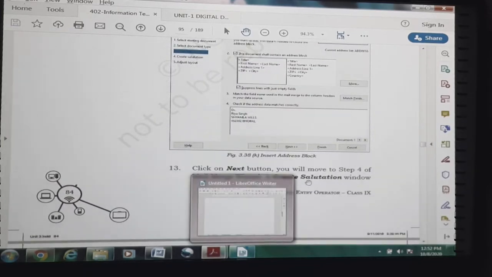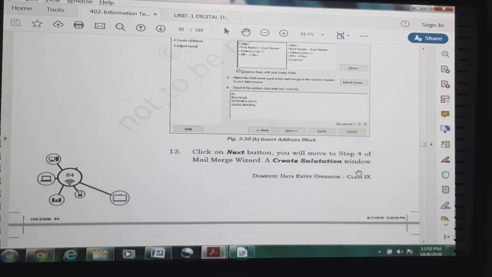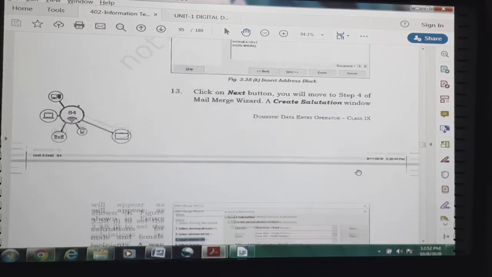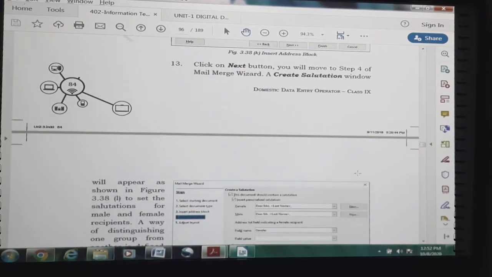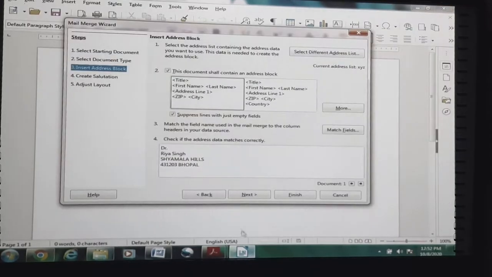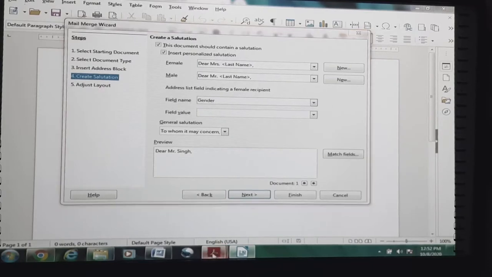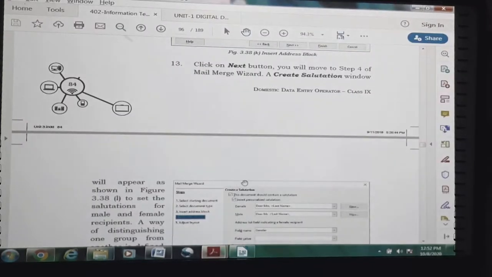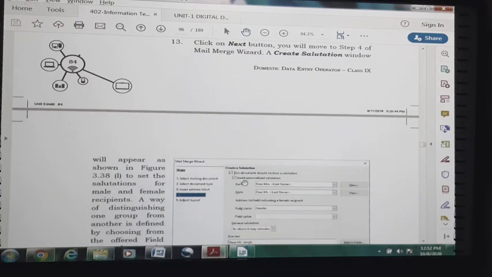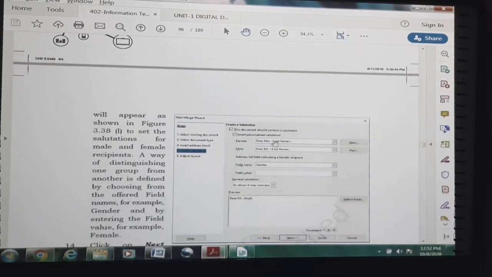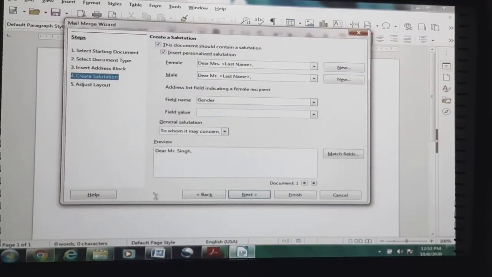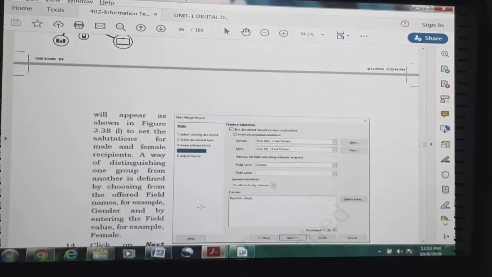Click on the next button, you will be directed to step 4 of the mail merge wizard, where a create salutation window will appear in front of us. So press next. Now here the create salutation window came up. So we need to create a salutation based on our choice. See here, this is the create salutation window, and it will look like this.